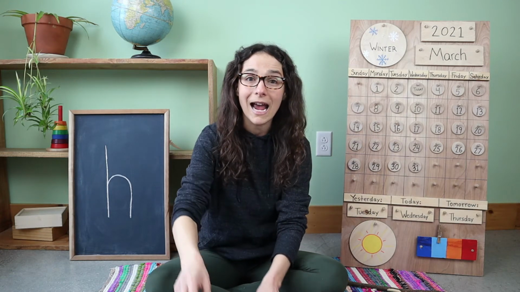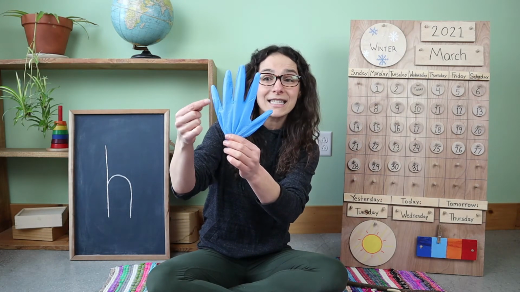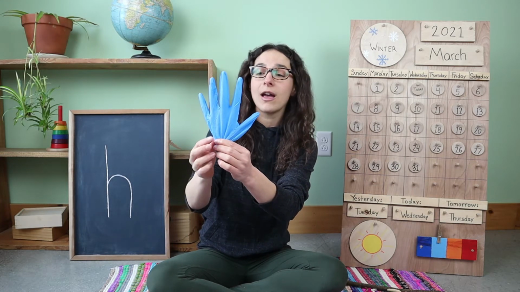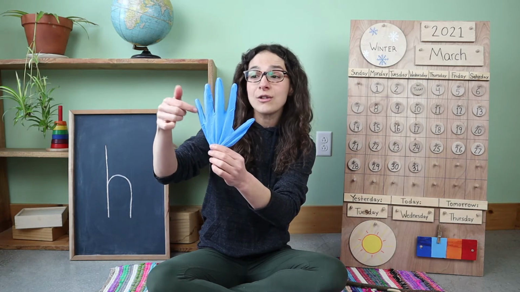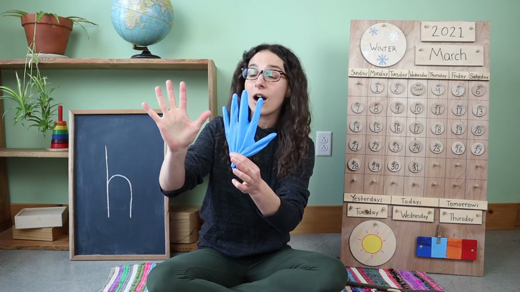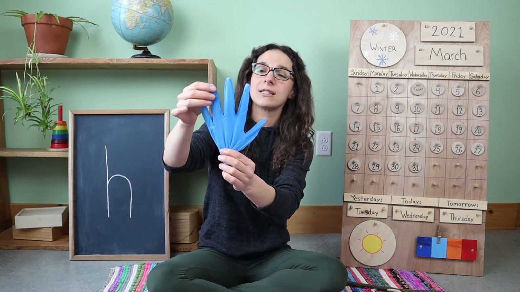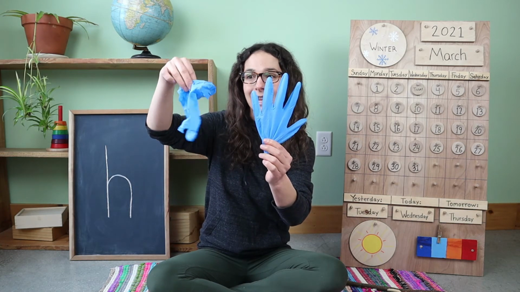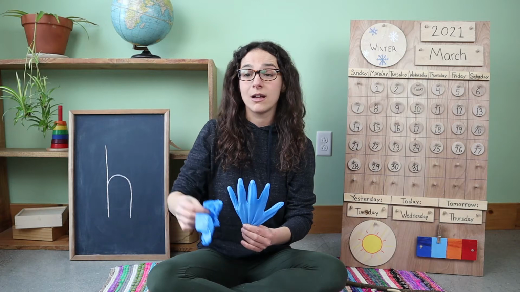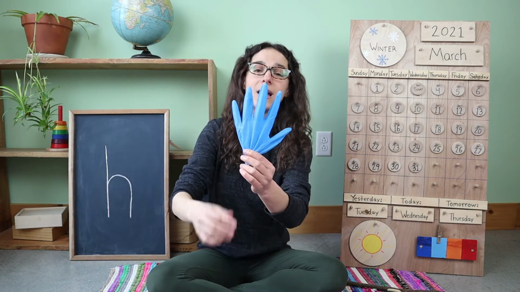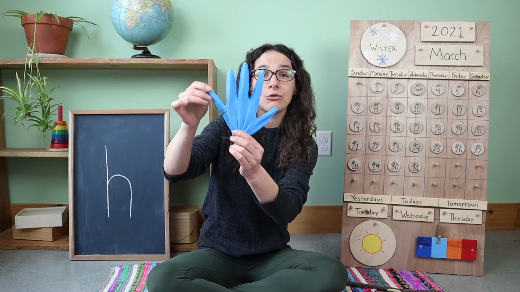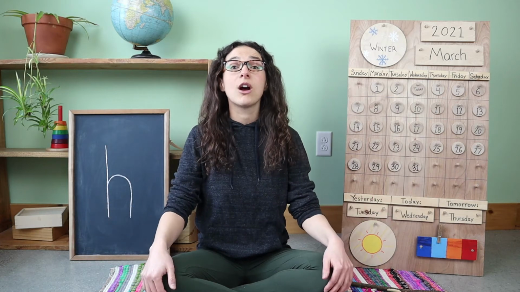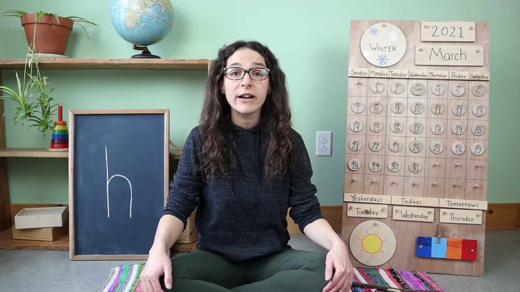But I have this other glove right here, and inside of this glove, I have 1, 2, 3, 4, 5 pipe cleaners. And it's underneath the glove, similar to the bones underneath our skin. Do you see how this glove has much more structure and form? It's not all floppy like this glove. So without bones, our skin would be all floppy like this. But bones give our skin structure and form, just like this.